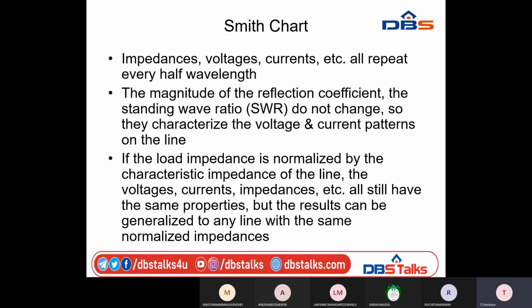If the load impedance is normalized by the characteristic impedance of the line, the voltage, currents and impedance still have the same properties, but the result can be generalized to any line with the same normalized impedance. See,